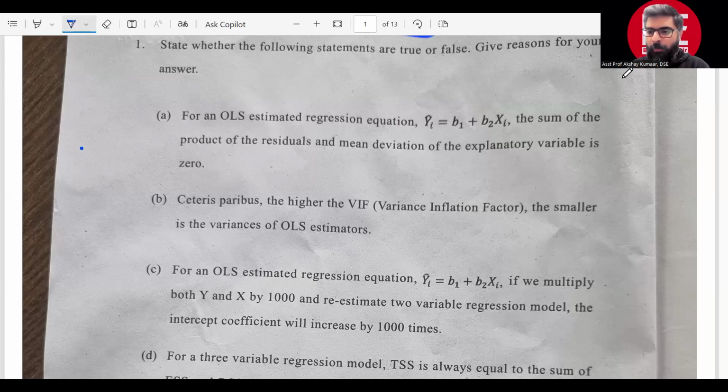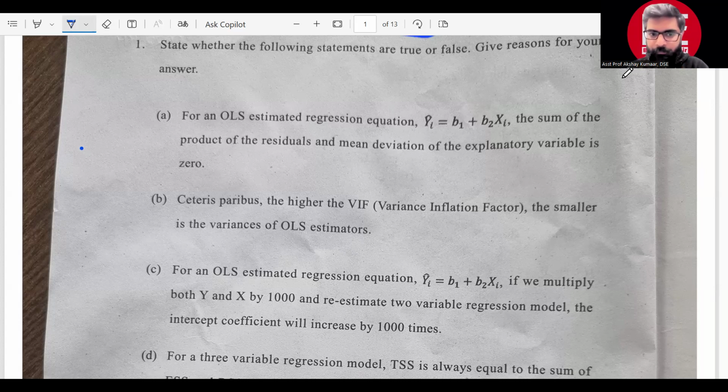Okay, I hope I'm audible to all my students who are attending this particular lecture for the introductory econometrics course. In this lecture, I'm going to continue with the discussion of the 2024 question paper which has come up at Delhi University for the introductory econometrics course. And this lecture is recommended for all those students who are in their semester 4 pursuing BA Honors Economics from